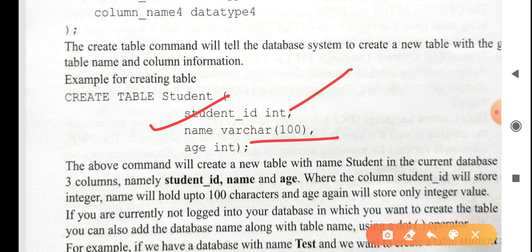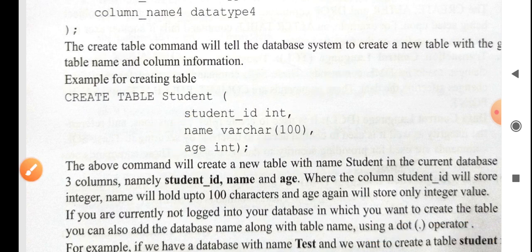The length of the name cannot exceed 100. Next is age. Age is again a number, so the integer data type is required. With this example, it is easier for you to understand how you can create a table.